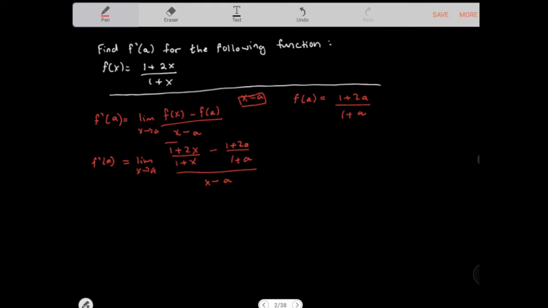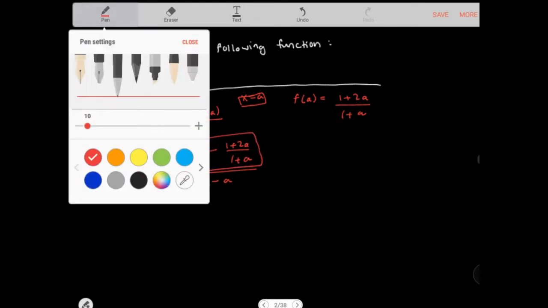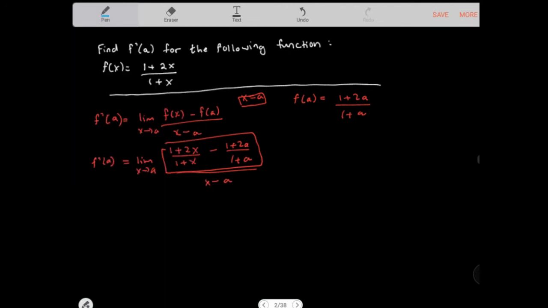So what I'm going to do is simplify the numerator first. So I'm going to simplify all of this, right? Let's use a different color just to show that. So I'm going to simplify the numerator. And the way I'm going to do this, the lowest common denominator now is (1 plus x) times (1 plus a). So then I get (1 plus 2x) times (1 plus a) minus (1 plus 2a) times